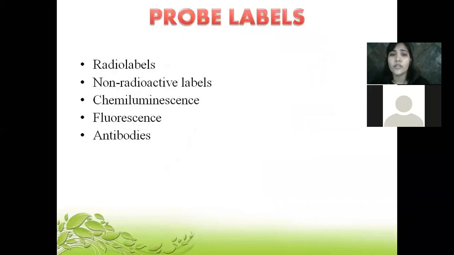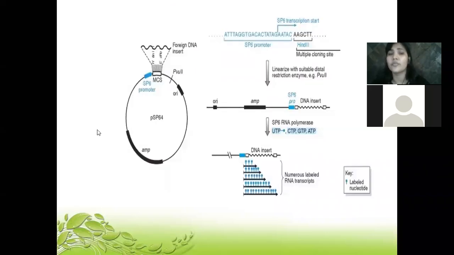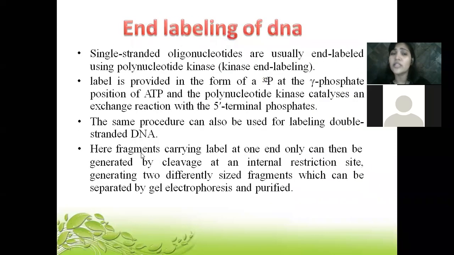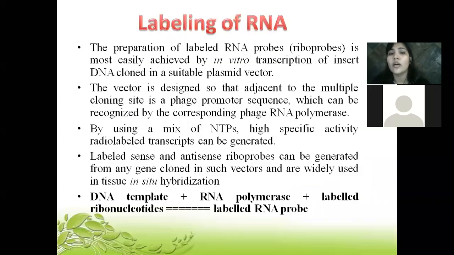Okay, so the complementary things has to be there, the complementation has to be there. So there are various methods through which you will be getting the labeled probes. How will you exactly generate the sequence of DNA or RNA which will be labeled? So this is where the generation of the probes which will be labeled comes in.